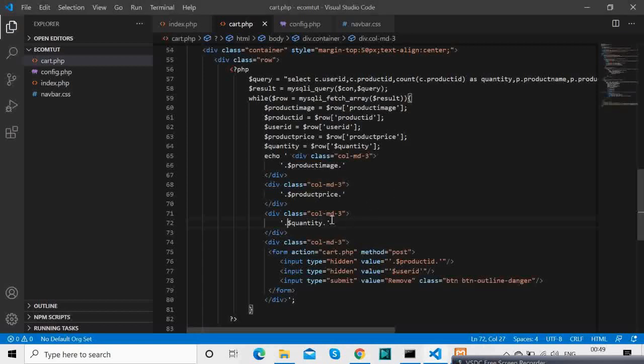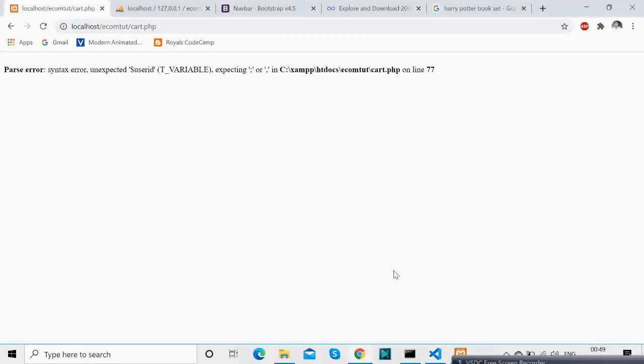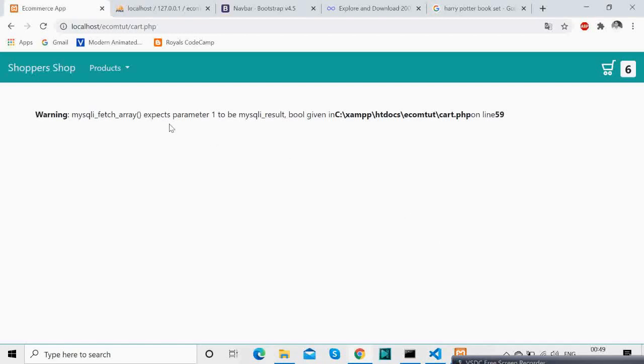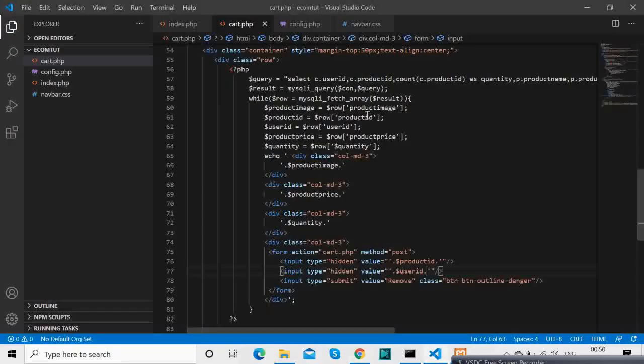I was just checking these things while writing the query. When you get this error, remember that the mistake is inside the query you have written.